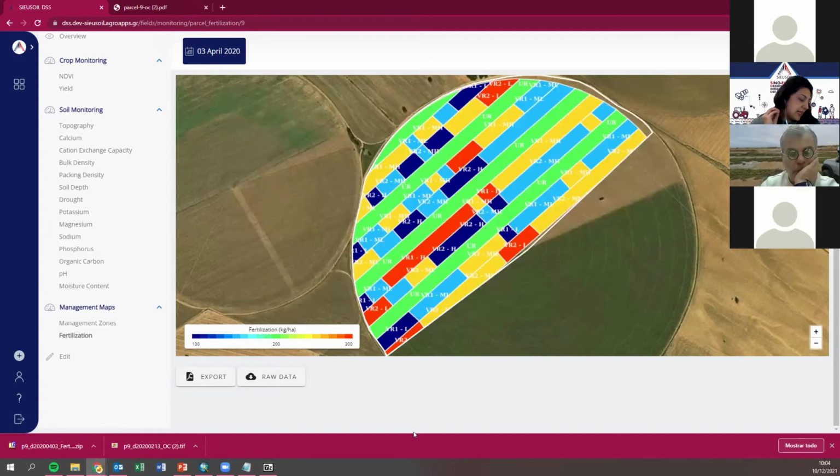And that shapefile is actually a standard format, which allows the farmer or the advisor to download it directly and put it into the machine, or into the system, like Trimble or John Deere. And then you can convert this shapefile into a prescription map, which is directly the product that the farmer wants. So he doesn't have to be aware of how the coordinates work or anything like that. The map is ready to use. This can be used for fertilization, pesticide application, seeding, irrigation, and so on. This is actually one of the main outputs for the farmer.